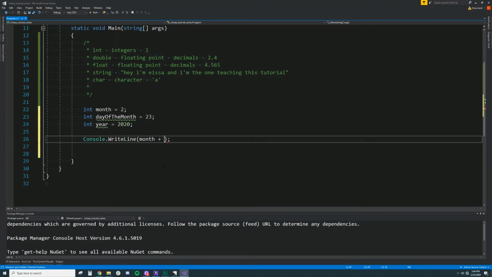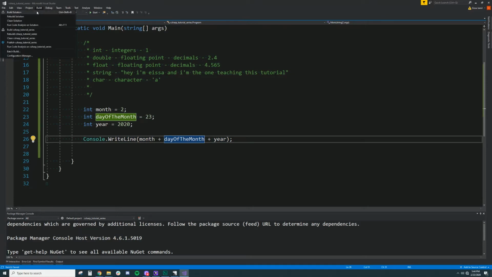And we could say WriteLine month plus day of the month plus year. So what this is doing is it's writing out the month variable plus the day of the month variable plus the year variable. So if we save this and then we go ahead and rebuild our solution,